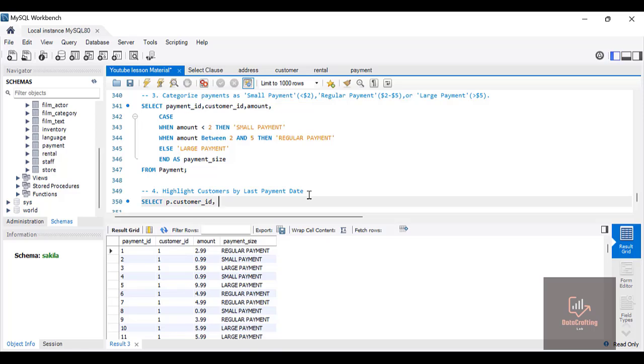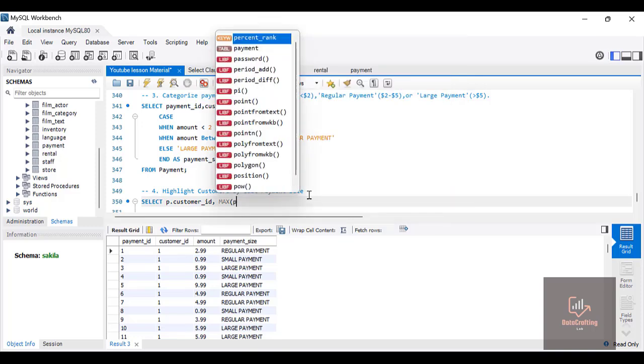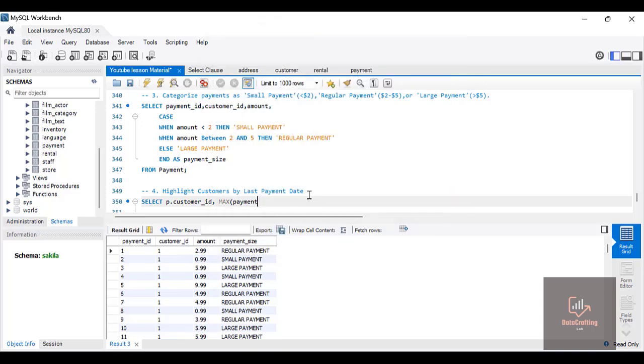Now in this case I want to use the max window function, max, open parenthesis. Now payment underscore date, that's what I'm actually working on. Payment underscore date, close parenthesis, as last underscore payment,